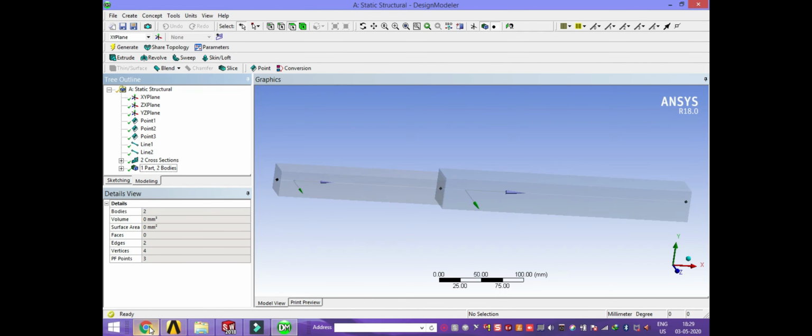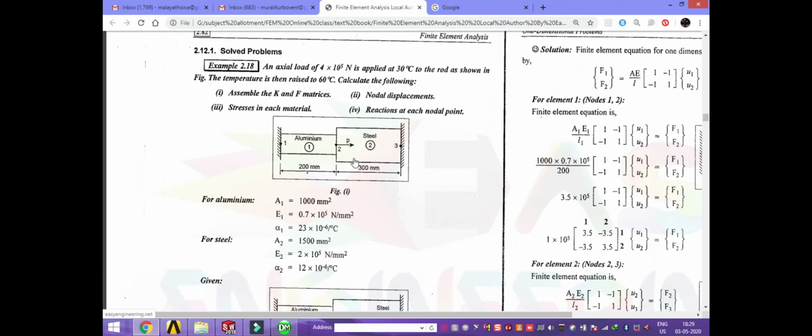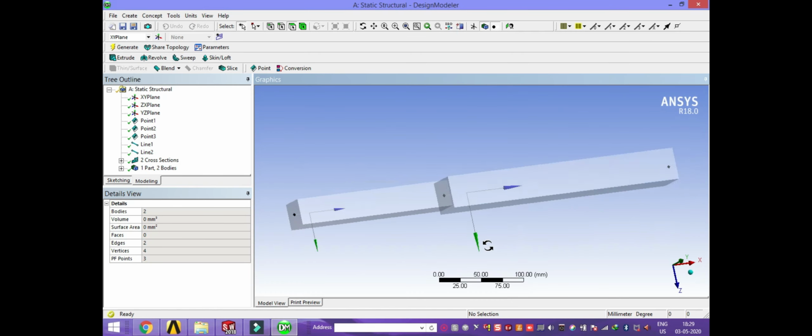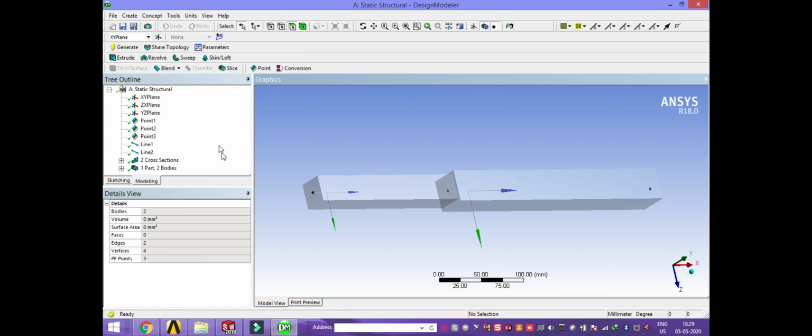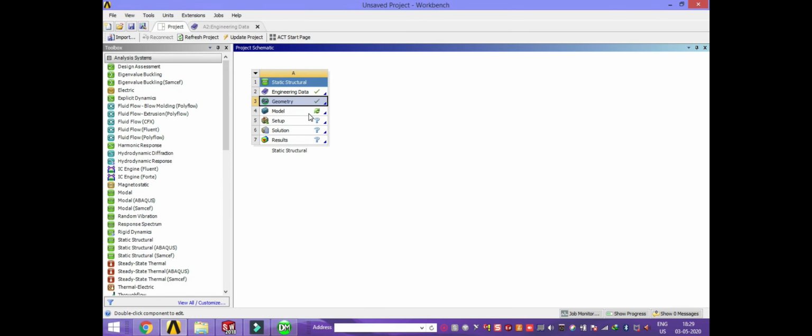As per these dimensions, I created the 200 and 300 sizes and uploaded the geometry. After uploading, go to model and double click.